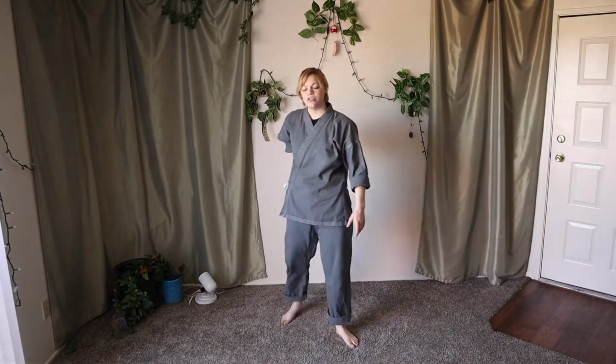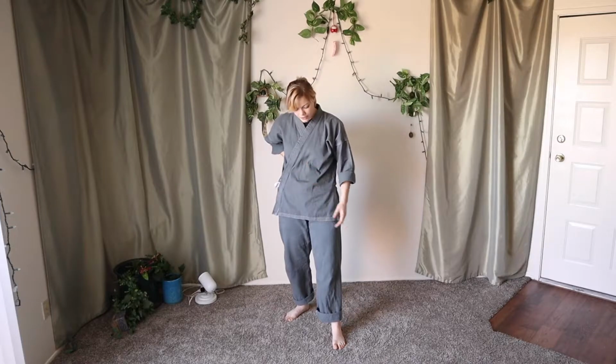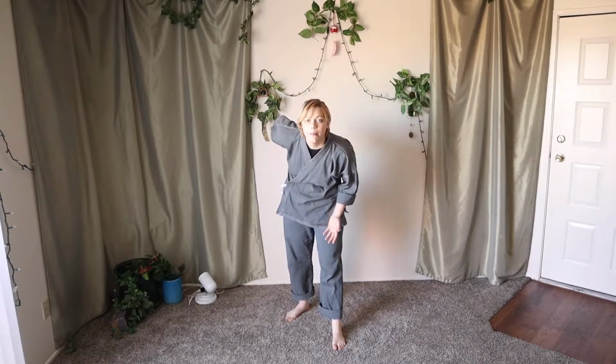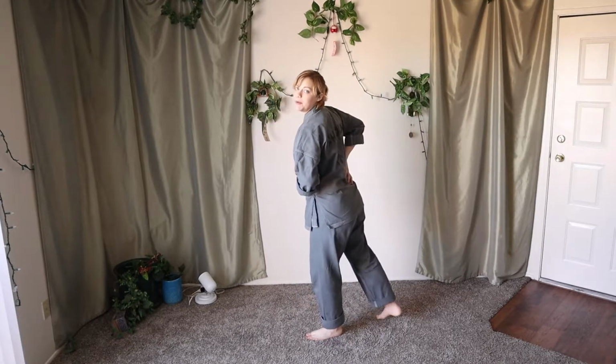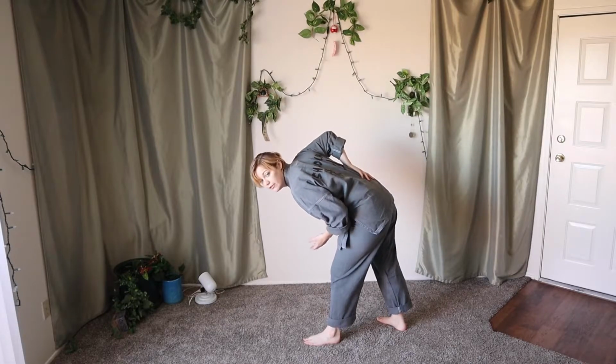back, just to support them, because your kidneys are very delicate, but it will also bring some energy to your kidneys, which is great. It's detoxifying, it's warming, and your kidneys are the place that holds fear, so it'll also alleviate some anxiety. So we're gonna carefully bend forward. You want to keep your back straight as you bend. So we're gonna bend forward,